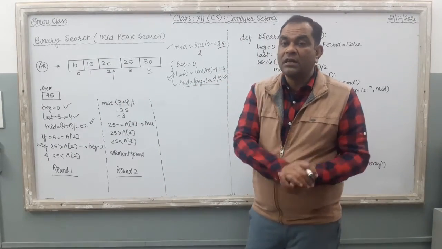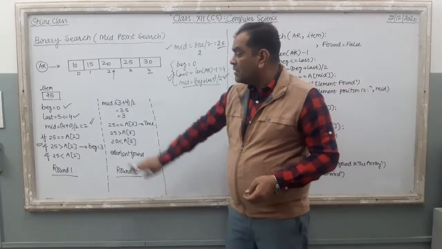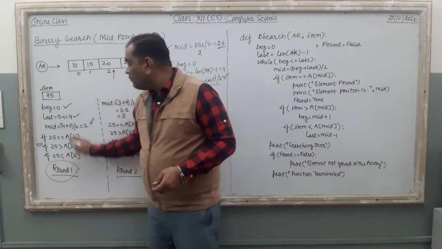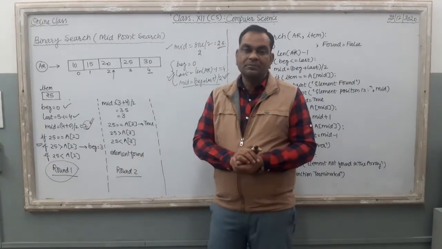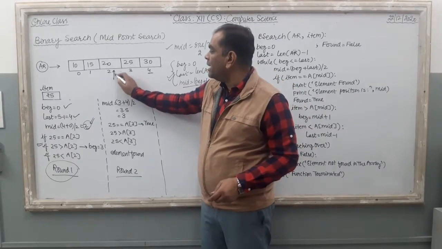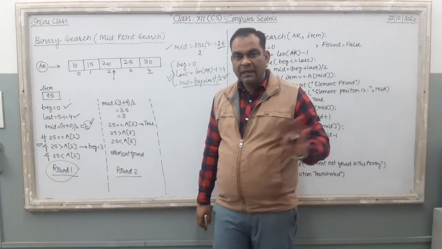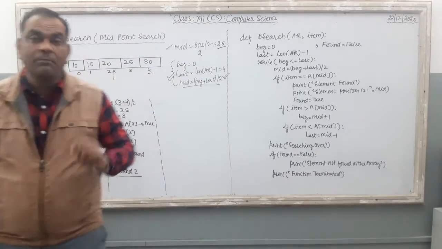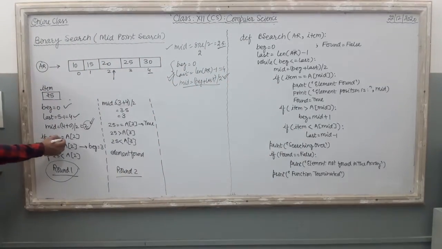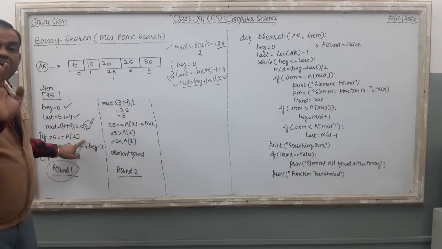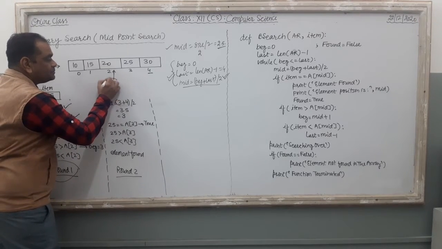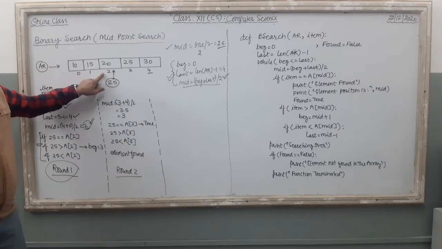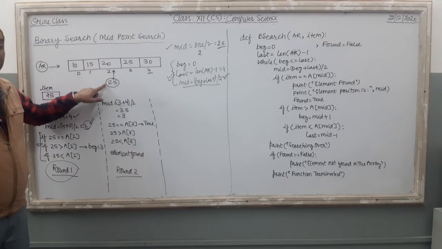There are different rounds in this binary search. In the very first round, begin is 0, last is 4, and what is the middle? Middle equal to (4 plus 0) by 2, which means 2. So the computer puts its pointer on the second position element. Clear? Now you have to compare whether the specific item is there at the middle position or not. We are going to search 25. Just compare it with 25. Is the second position element equal to 25 or not?